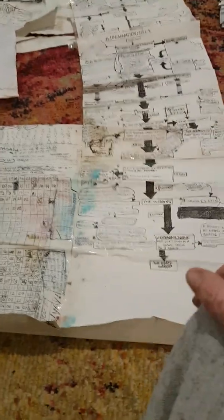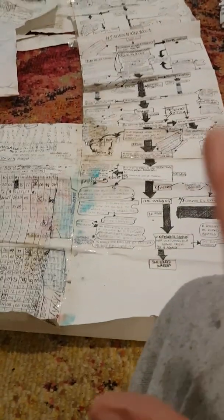So I found this because I had an idea for a series of 5 books, I think, that take place over 100 years. A kind of sci-fi, fantasy, horror. And I found this, and it was up in the attic. You can see it's really damp. Now, I'm glad I found this, and I need to copy this down